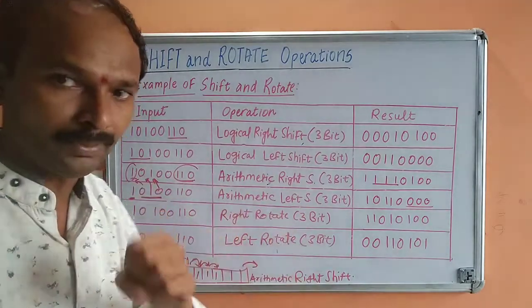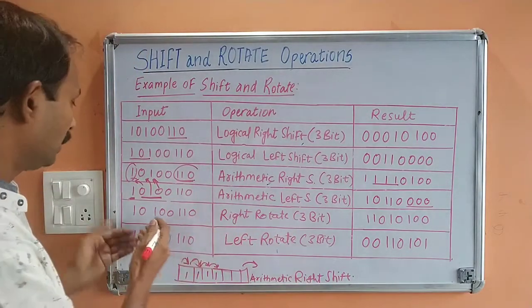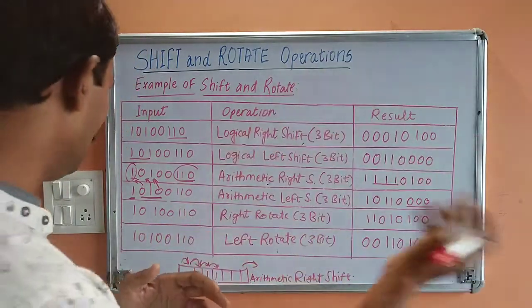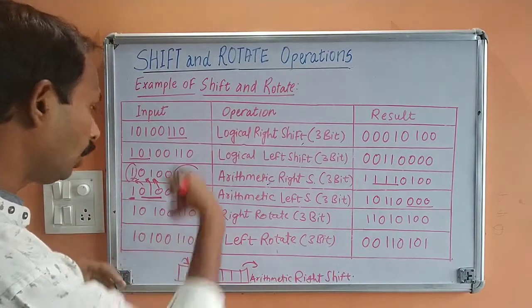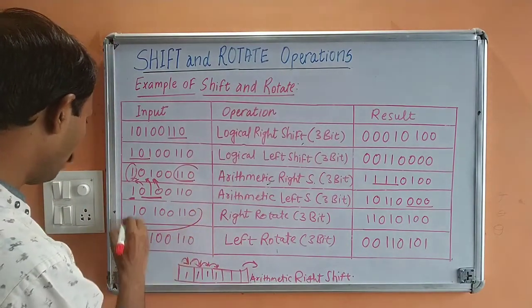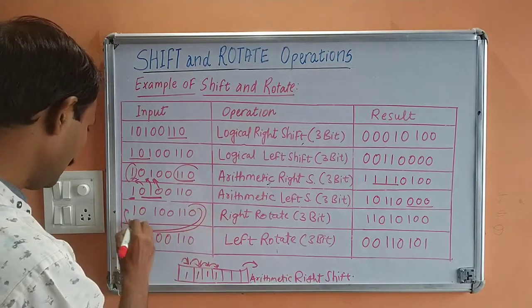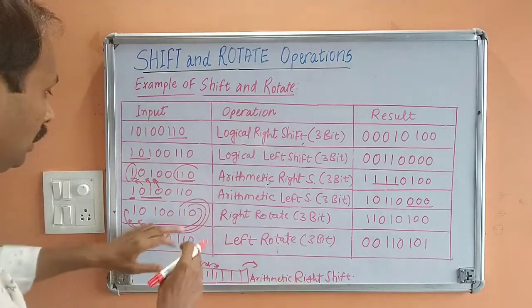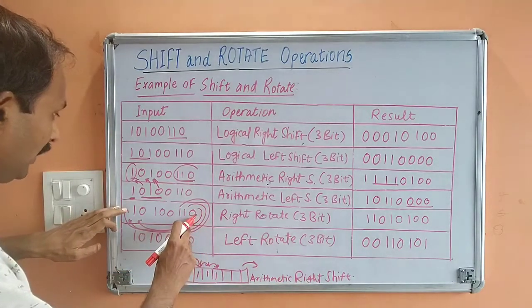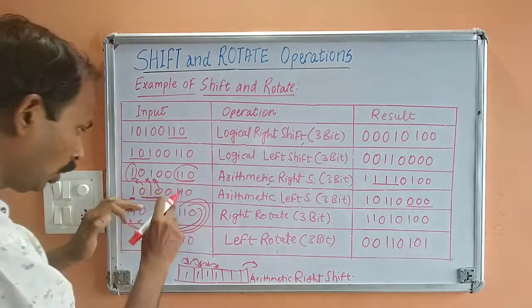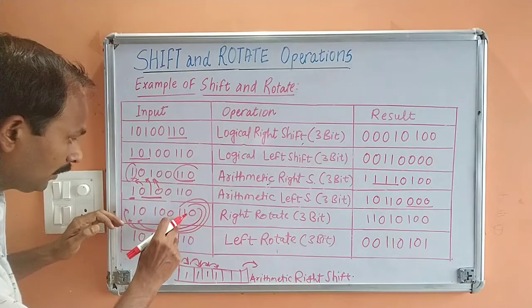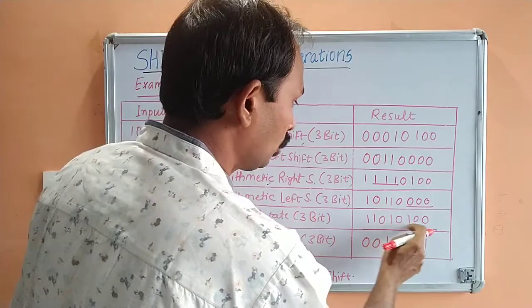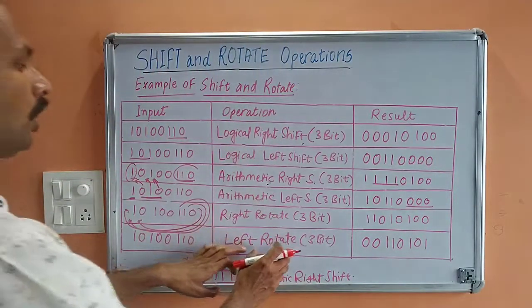Rotate operations are very simple. See, in rotation, what we are doing? So this is the number, right? We need to rotate it on right hand side by 3 bit. So what will happen? On right hand side, we are rotating it. So these bits will be rotated by 3 times, right? Again, this will happen over here. So what will be your answer? See, first of all, this bit will be rotated, right? Then this bit and then this bit, right? They will come on this hand side. So my answer will be 1 1 0 1 0 1 0 0. Similar for left rotate.